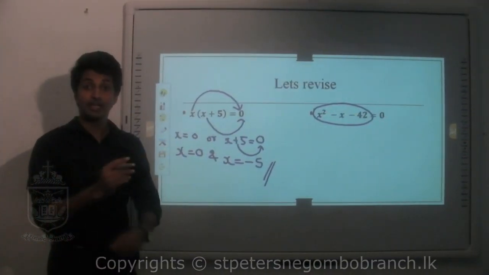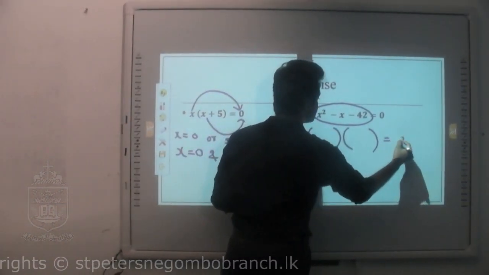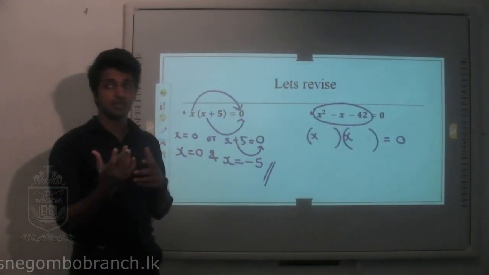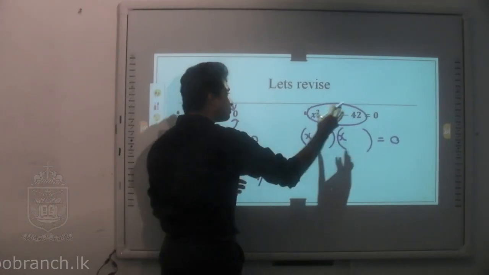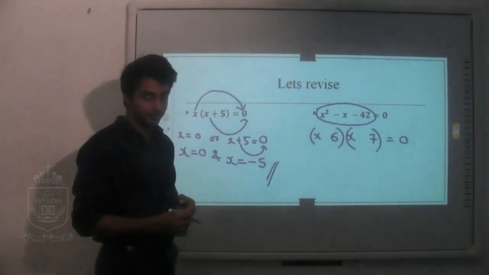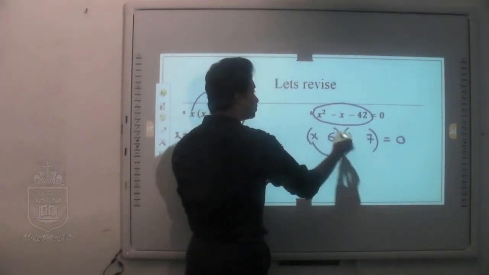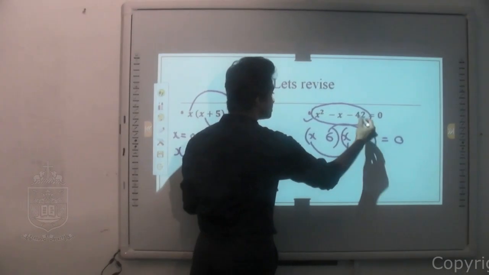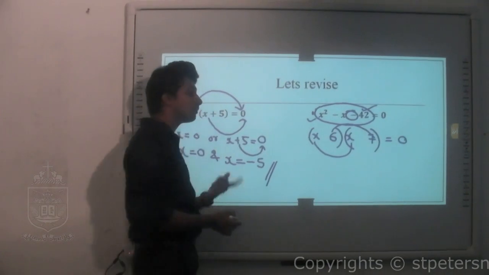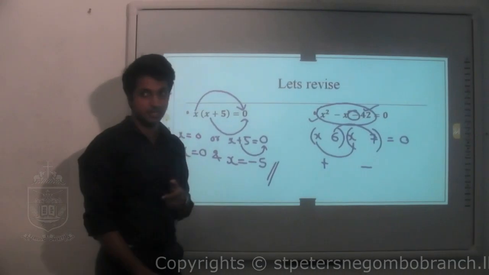So first of all, you have to factorize the given quadratic expression. You have to break it into factors, proper factors. Then I will break it as x and x. x has to be divided into two parts as x and x. And 42 should be divided easily. 42 can be taken as 6 times 7. The next issue is about the sign. When you multiply these two, you will get x squared. That's fine. When you multiply these two, you will get 42. But the problem is you need to find a minus value. To get a minus value, one of the brackets should be plus and the other bracket should be minus.